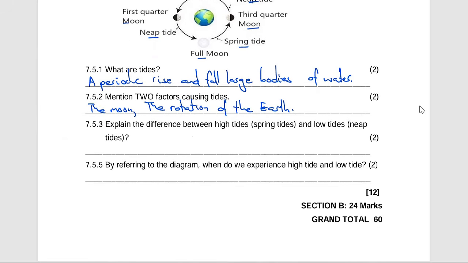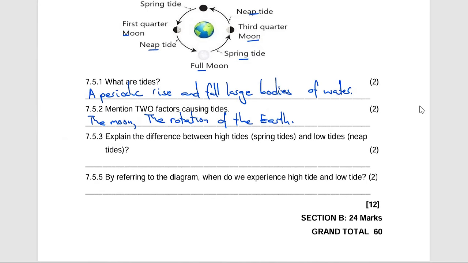Then moving on to question 7.5.3. It says explain the difference between high tides, which are spring tides, and low tides, which are referred to as nip tides. So in terms of this, I'm going to say high tides are formed